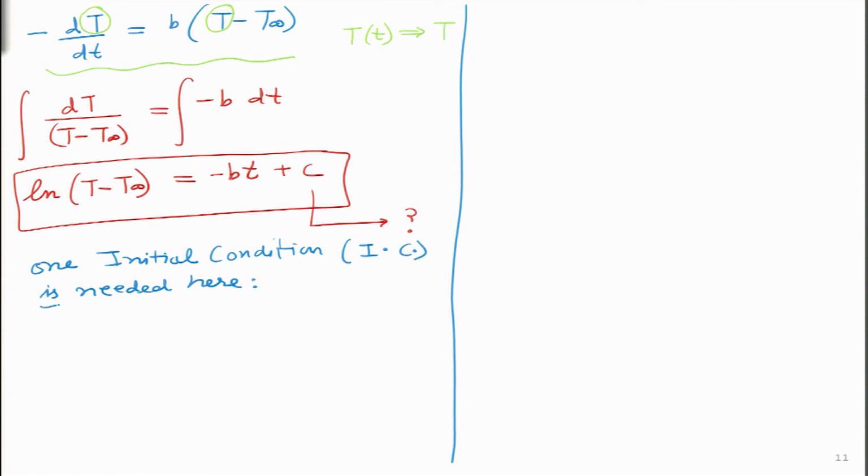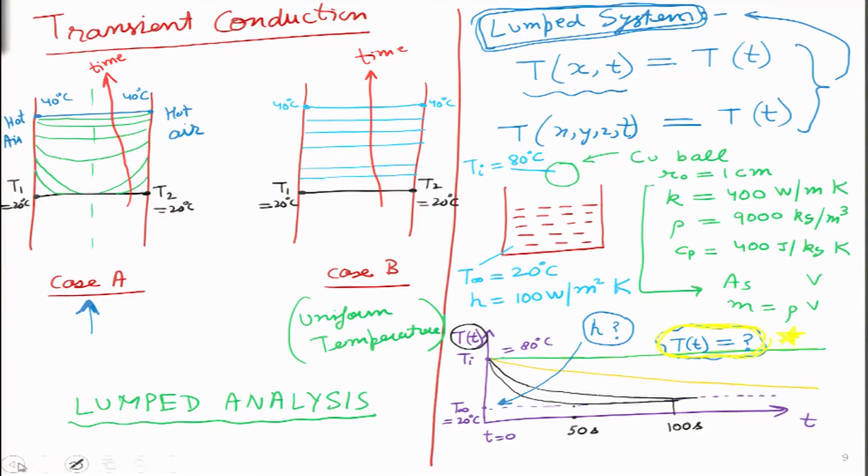So, can someone suggest what should be that initial condition which will help me get rid of this C, because this C is a constant, it can have any value, but for a given problem like when we are dropping our copper ball inside that particular fluid, is there a time at which I know its temperature? So, let us go back to the previous slide and try and see over here, where is it, we have defined our problem. One more slide will go, yeah, this is the problem that we are looking at. So, let us see over here. T1 is 80 degrees, yeah, this is going to be my initial condition. So, let me highlight it with yellow color over here.